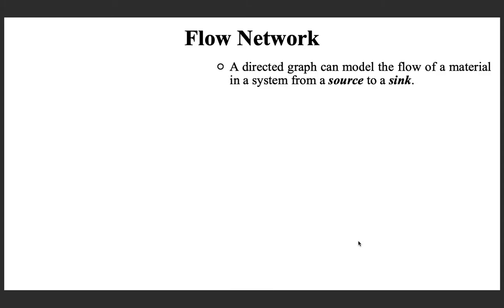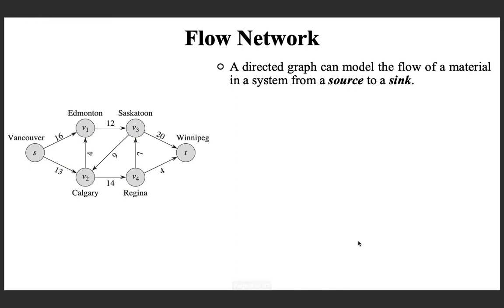So, what is a flow network? A directed graph can model the flow of a material in a system from a source to a sink. For example, here is a directed and weighted graph modeling the flow of materials